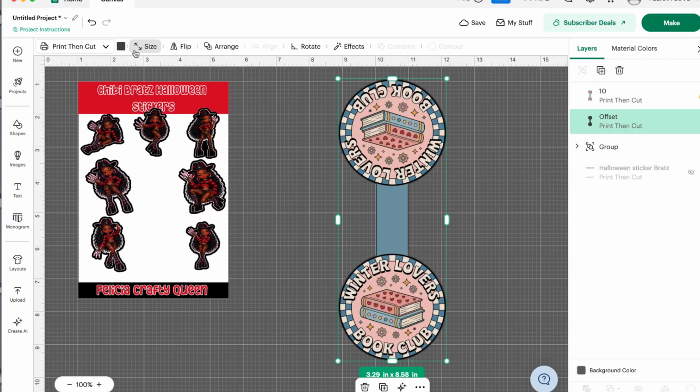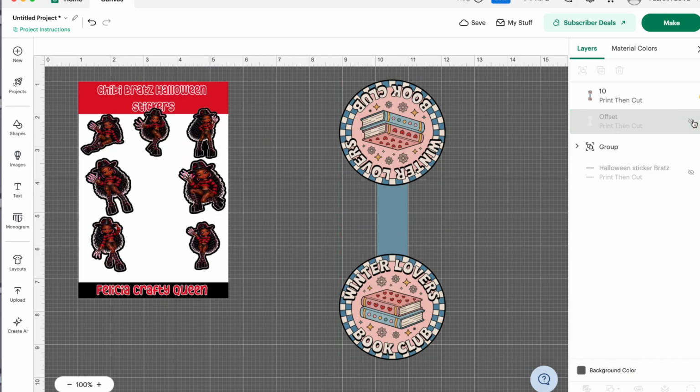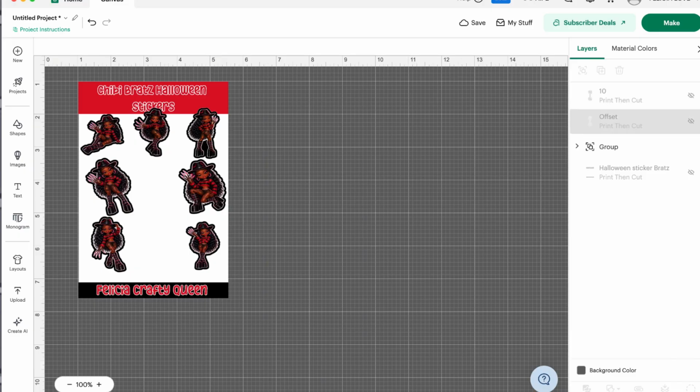You can go up here and change your offset color to maybe a light blue, boom, or you can do a black, or you can do white. That's what you can do if you don't have the Cricut access right here. Okay, let me just delete this, where I can hide that because I don't need that, and I don't need this. Okay,